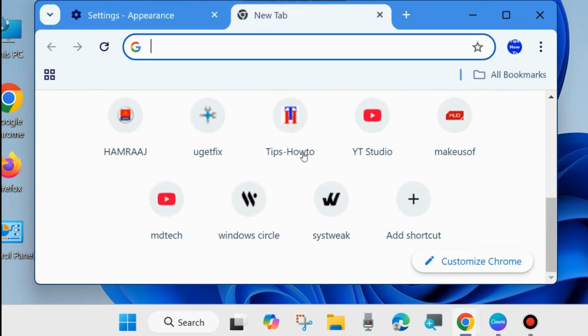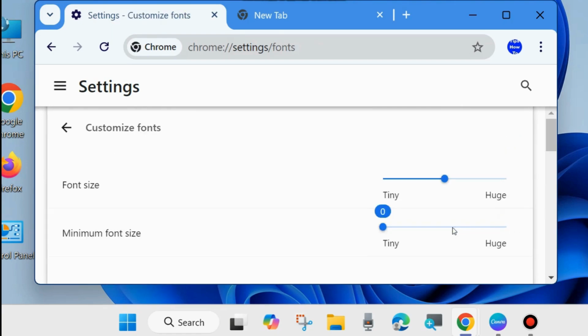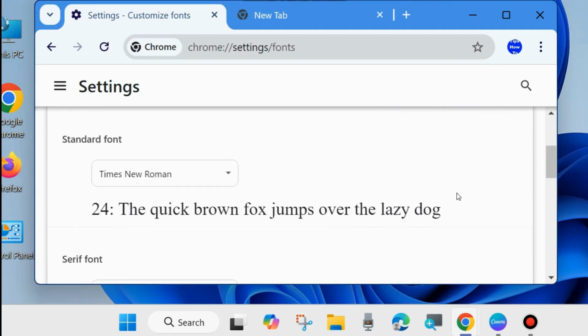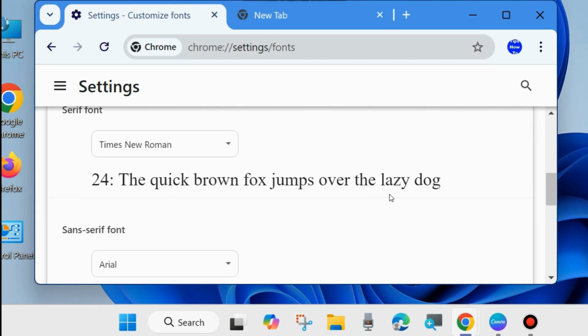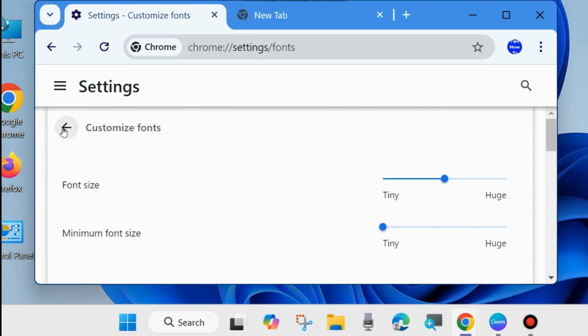You may also customize font. Simply click on customize font, and page zoom option is also available here. Here you may increase the font size. Drag the slider from left to right to increase, or right to left to decrease. Minimum font size is also available here. Standard font types you can also choose here, and various other features you can easily customize for your Google Chrome